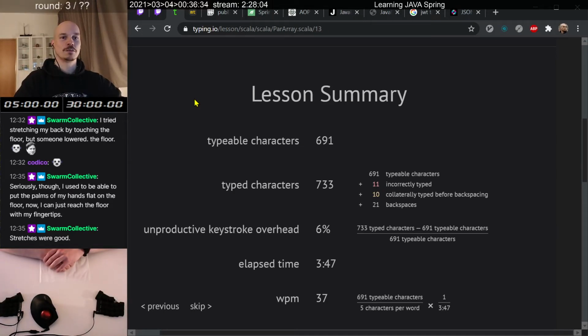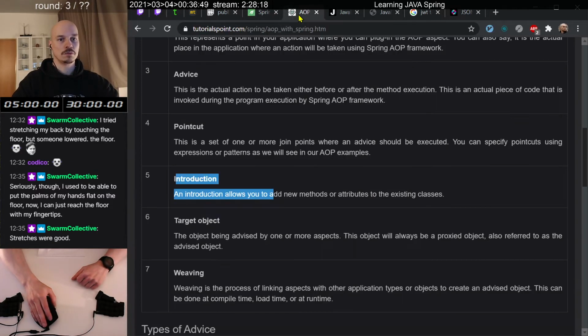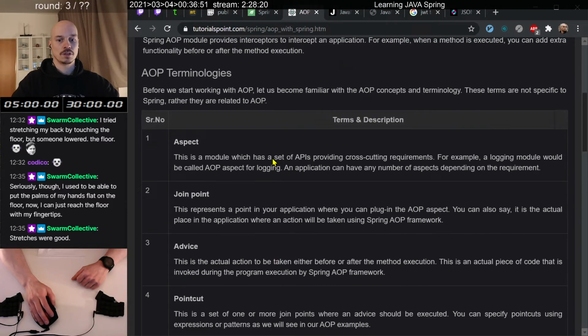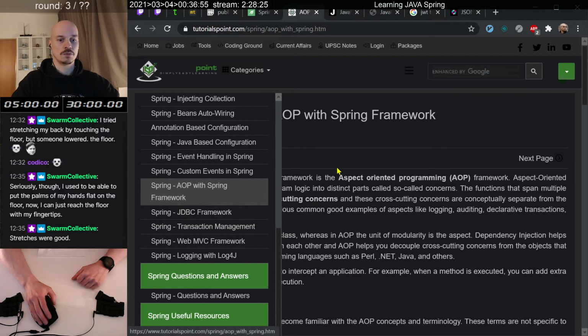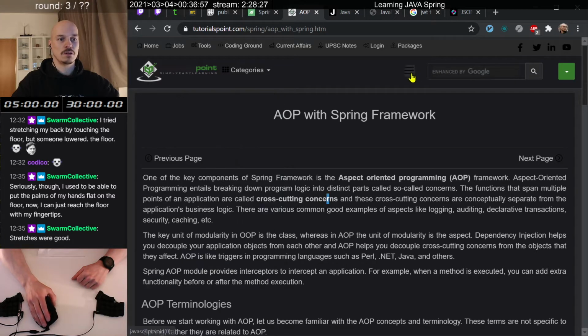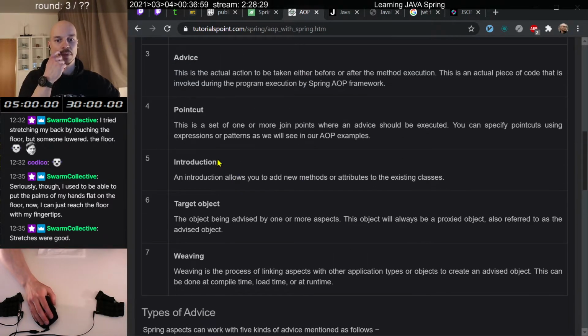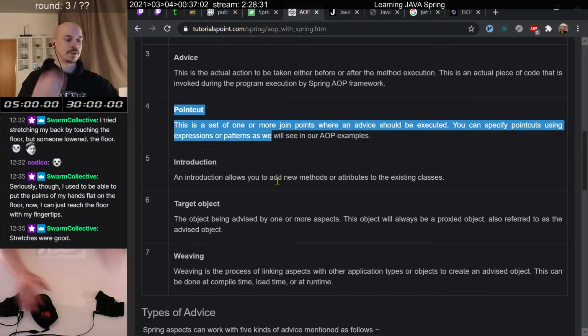Welcome to another round of me trying to be a better programmer. Round number 3 of this stream. We are doing Spring Framework, Java Spring Framework. We are almost at the end, I hope. And after that, we will go to... where am I? Yeah, just a few more, and then we will do our own application. That was somewhere in here. Okay, so